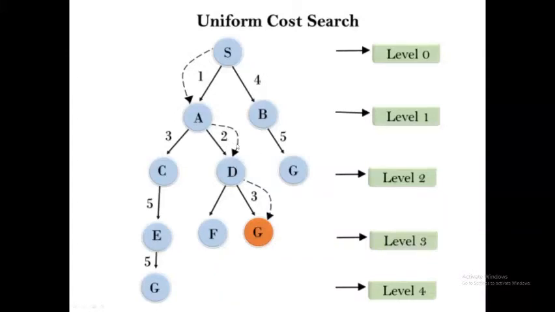So we'll take the shortest path or lowest cost, so we will take 2 again. S will travel to A and then travel to D. Now D also has 2, but here there is no cost given, and here it is given 3, so we'll take that only. So D to G. Our path is S to A to D and D to G.